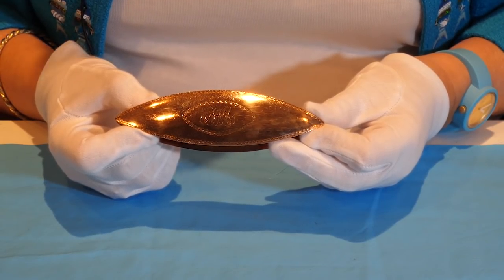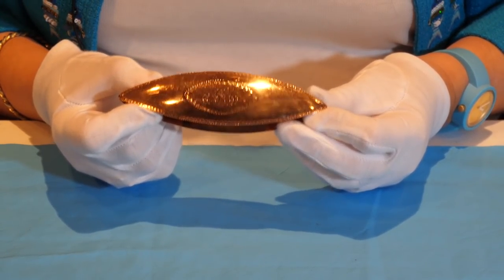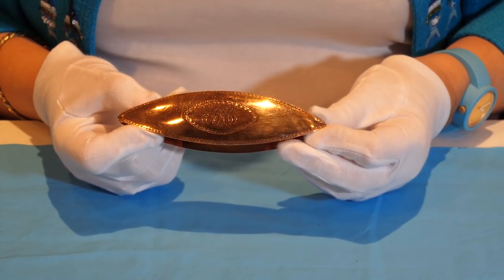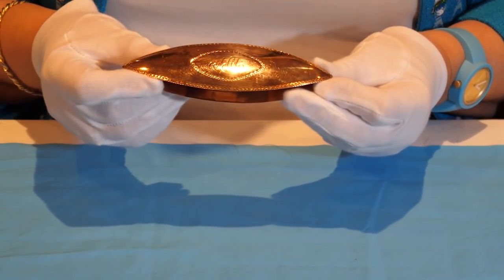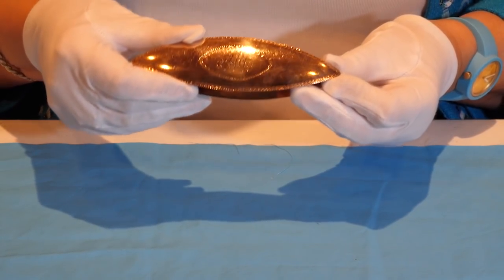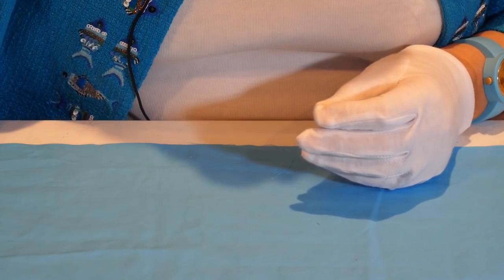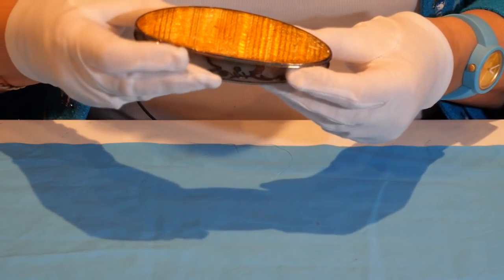They had candlelight or daylight, so this sort of work could be done in low levels of light. It didn't require any counting, any concentration, and so women definitely could do it in a social setting. So here's our one piece that is 14 karat gold, and then this one is an enamel work shuttle, also